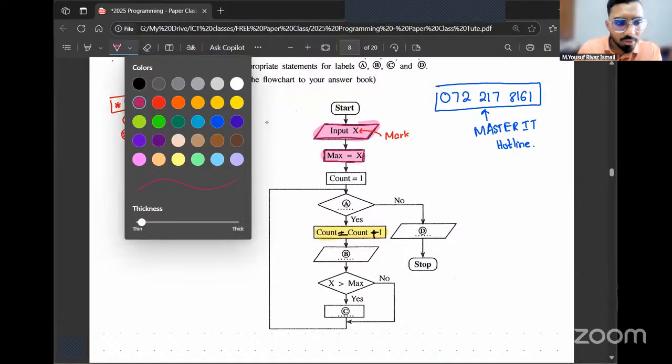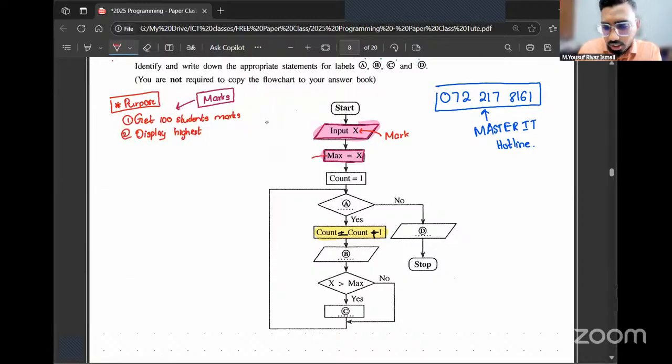What do you think this variable max is used to store? Exactly. The max variable might be used to store the highest marks, because at the end of the day, we have to display to the user what is the highest marks.